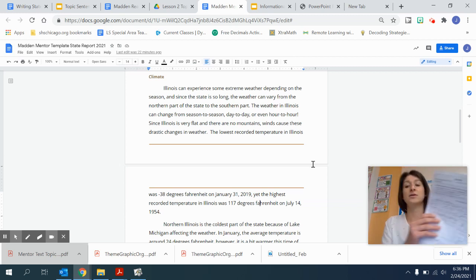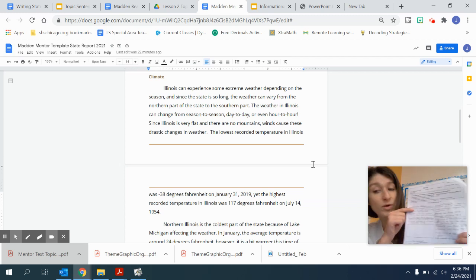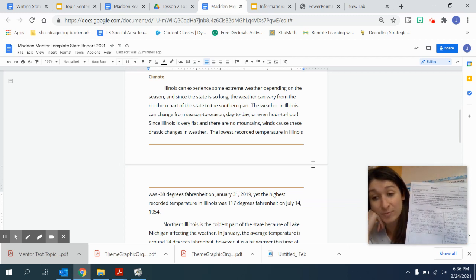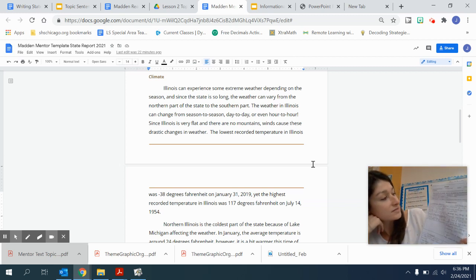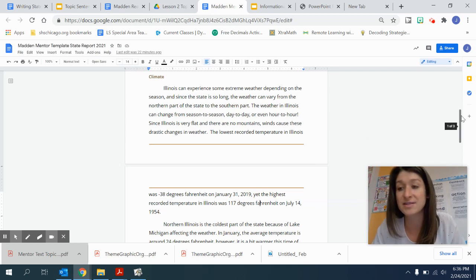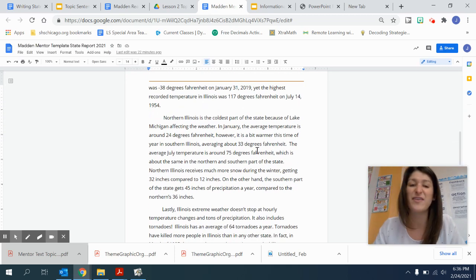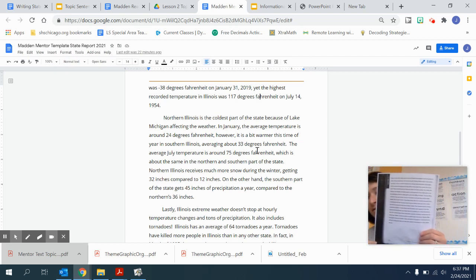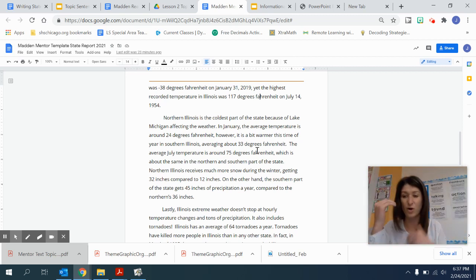I want to point out here that the information I included was from this first box on my extreme weather. I figured out ways to connect my ideas by using my compound sentences and making sure that I was really focusing on the extreme weather. Now you're going to see that I transition to my next box of information, because if I put this all in one, I think it would be a lot of information for the readers. It would remind me of how this is a little bit more challenging to read when we had it all in one. Let's take a look at my next part.